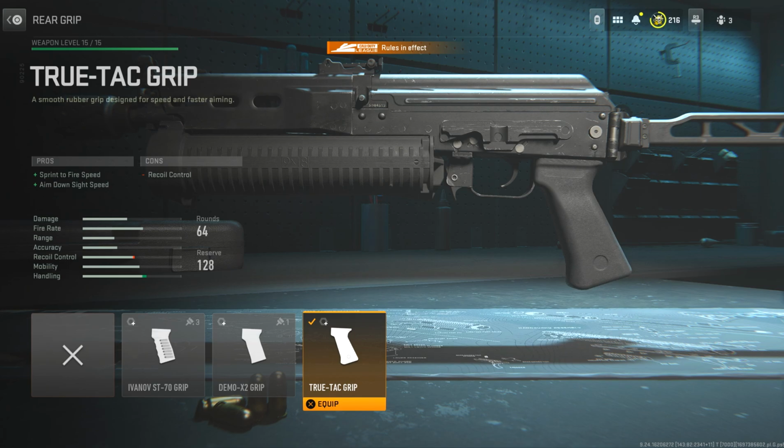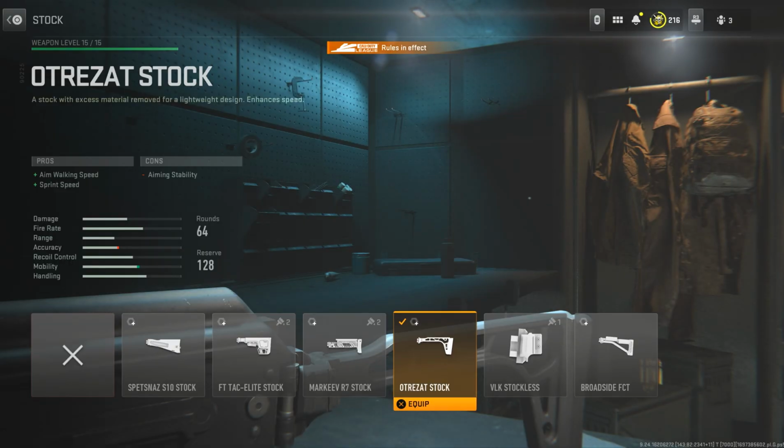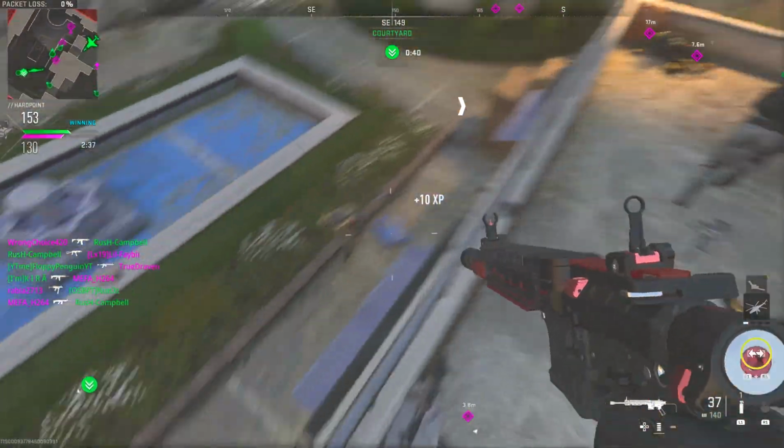And then lastly, we are going to go ahead and use the Ultrazat stock. Now the Ultrazat stock is another fantastic attachment that we've used on previous class setups. So it's going to increase our aim walking speed and our sprint speed. So we want that mobility. We want to be able to move in and out of gunfights as quick as we possibly can with an SMG especially. But there are my 5 top class setups that you guys want to go ahead and rock in